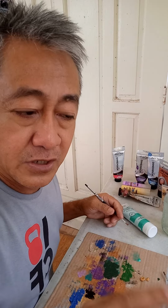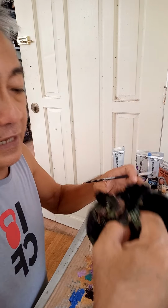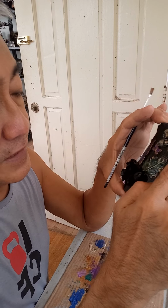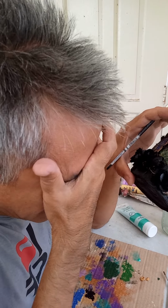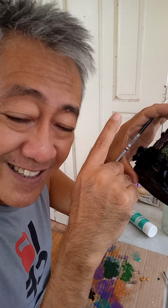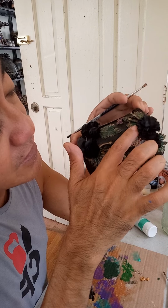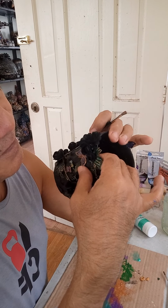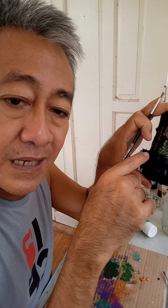For the big flowers, I'm not going to show them to you anymore because it's the same technique as painting the small flowers. I have some big flowers here, like this one and this one. For sure, this would take me maybe 30 minutes each to paint because they have lots of petals. I have to paint even the underside of each petal. So maybe next time I won't be using flowers